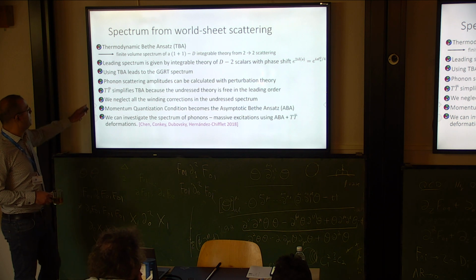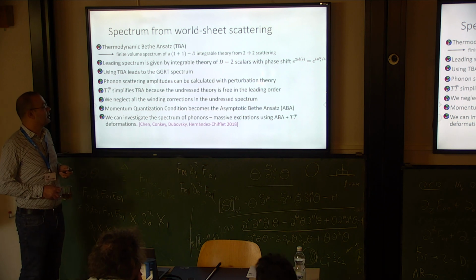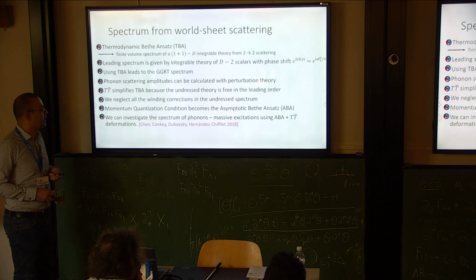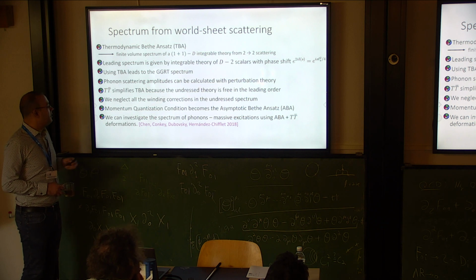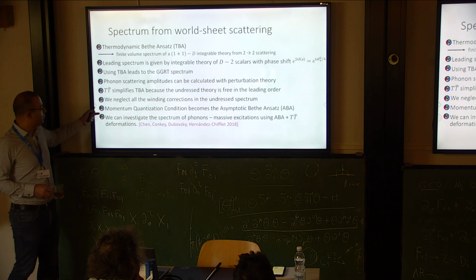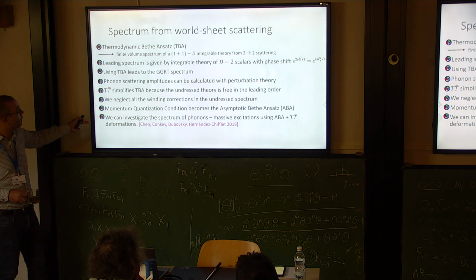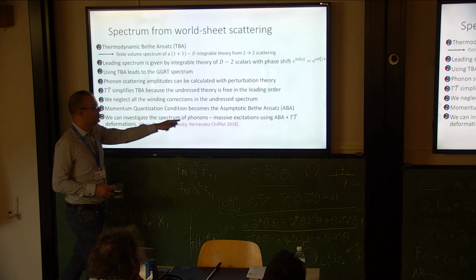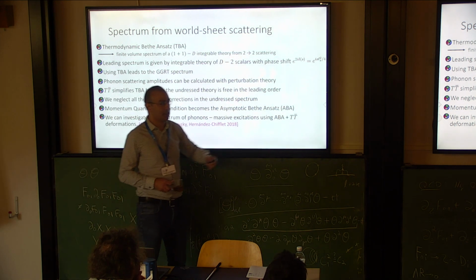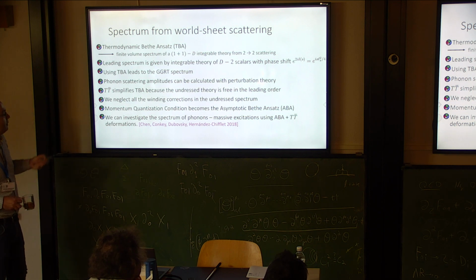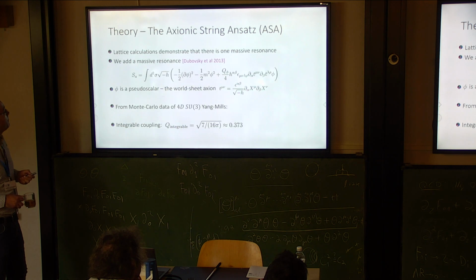Now, it was then shown that TT-bar simplifies the TBA because the theory is free at leading order, and we can neglect all the winding corrections in the spectrum, and then the momentum quantization condition becomes the asymptotic Bethe ansatz. The way to compare our data to the effective string theory is to investigate the spectrum of phonons and massive excitations and their interactions using the asymptotic Bethe ansatz plus TT-bar deformations. And I will show you results, how well this works. Now,